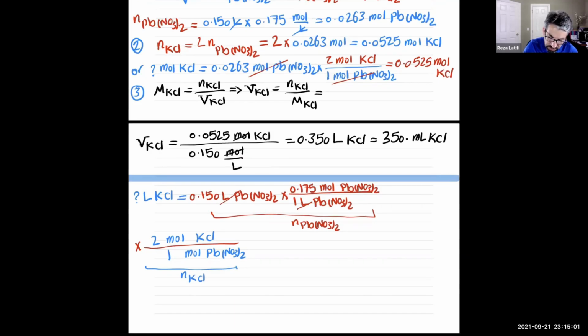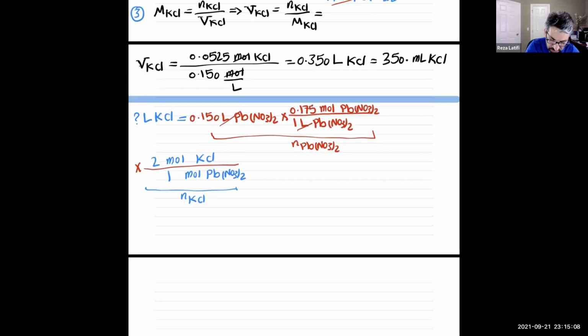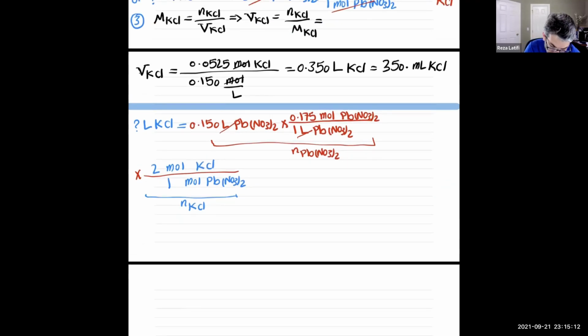Okay, step 3, we divide the number of mole by molarity. I got number of mole of KCl. I need to divide it by the molarity. Let's cancel mole of lead nitrate by mole of lead nitrate. We're left with mole of KCl. So I go